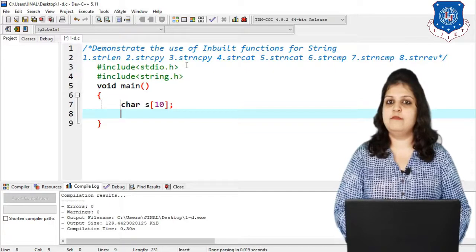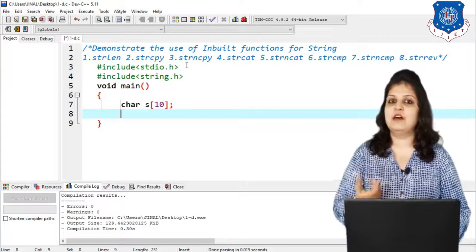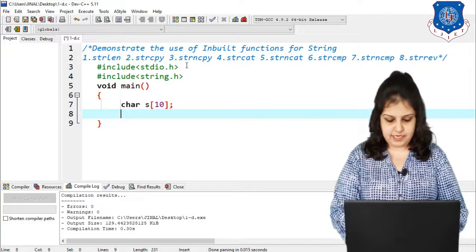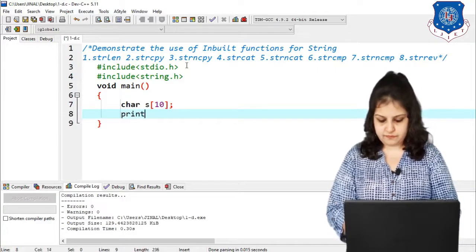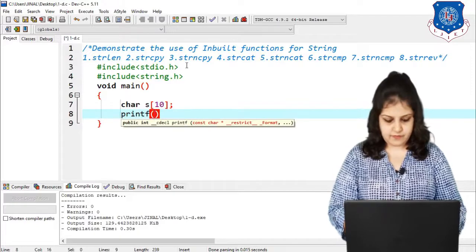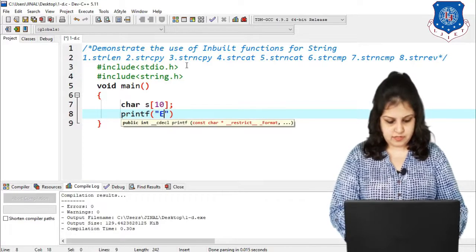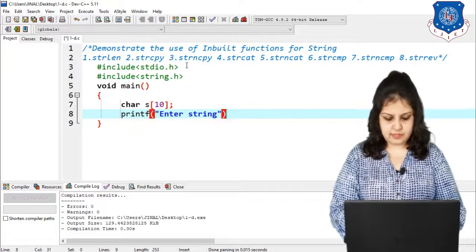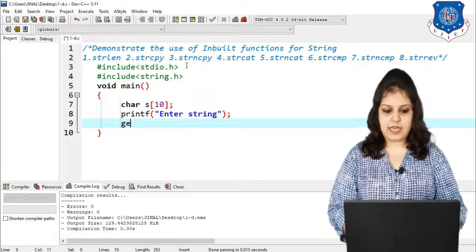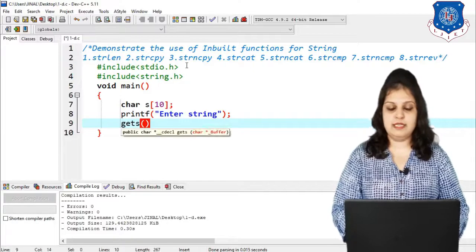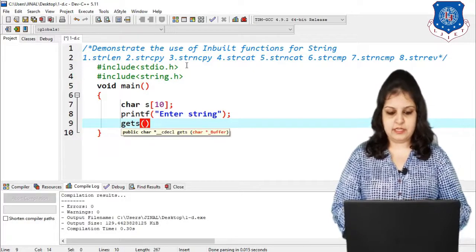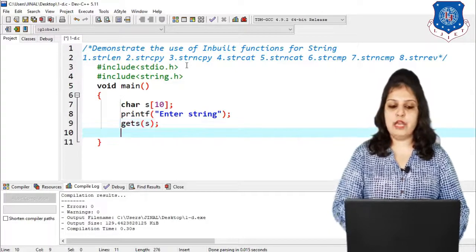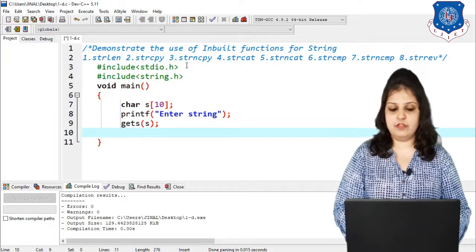That's why we always use the gets function as the input function for strings. So first I write printf enter string, then write the gets function, and the syntax of gets is gets in brackets, write the array name, that is S.